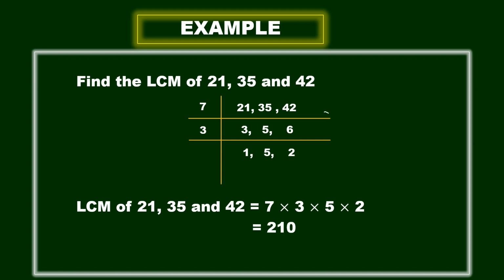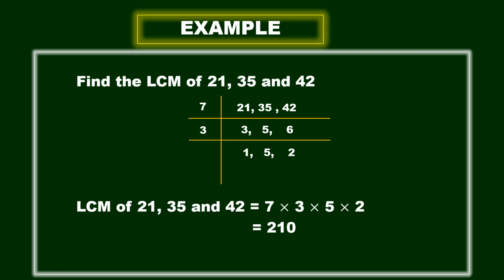Okay. So first write the numbers in a row and take the prime number such that it divides at least 2. Not only 2, I am telling here at least 2. If 3 numbers are divisible by that respective prime number, you can take and divide. Okay. So you got here 3 and 6. Here again 3 and 6 will go in 3 tables. So I took 3 here and 1 5 2 you'll get. Whatever number is not divisible, carry that to the next step. Okay. And here you should continue the process till you get the numbers which don't have any common factor. Okay. And multiply all the divisors and the remaining numbers.